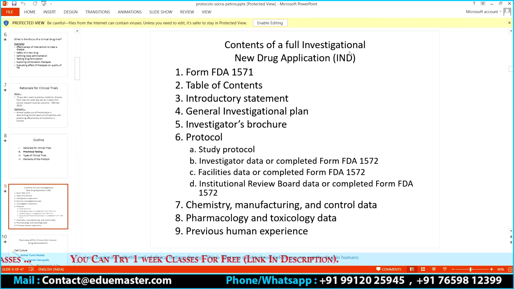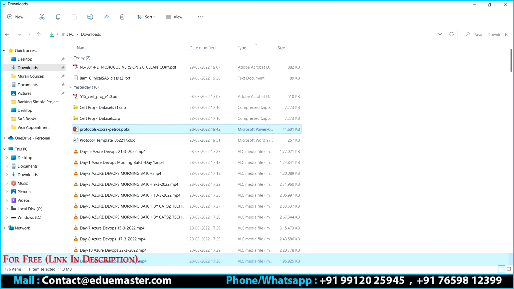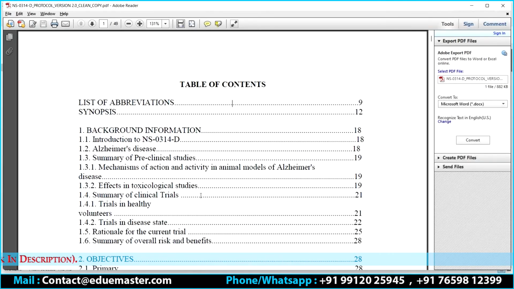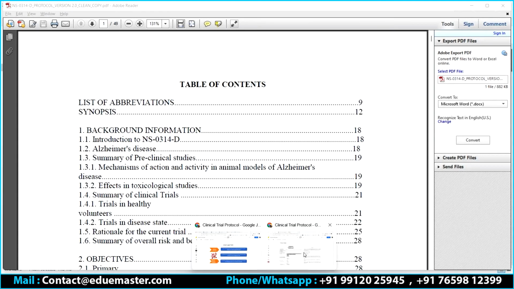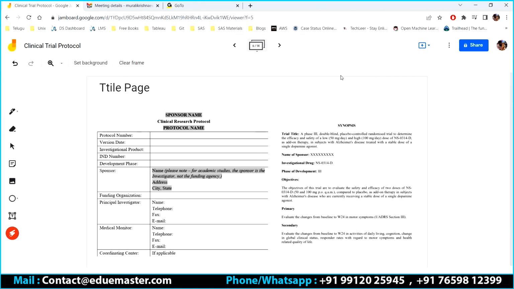Maybe I can also share this after this class. This is the protocol for you. Can you see this? This is version 2.0. This is primarily for the drug NS0314D, the same that I have also mentioned in your